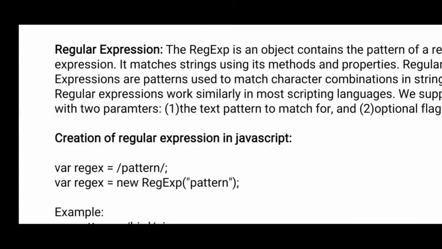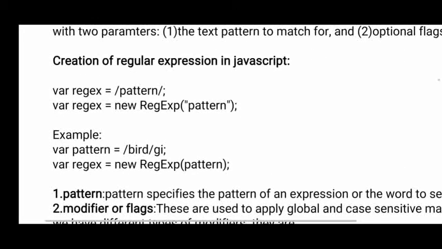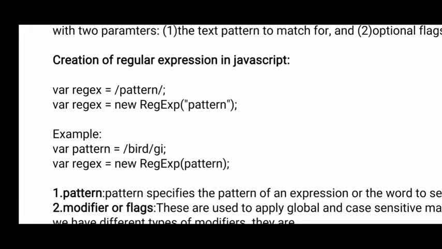That is one object. The next one is a regular expression. Regular expression means, for example, you have an HTML document and you want to search something on the browser window. That is possible by using a regular expression. It is a pattern matching mechanism where we give one pattern and that will be searched on the browser window. If the pattern is there, you will get a message saying yes it is there, or the number of occurrences also you will get.